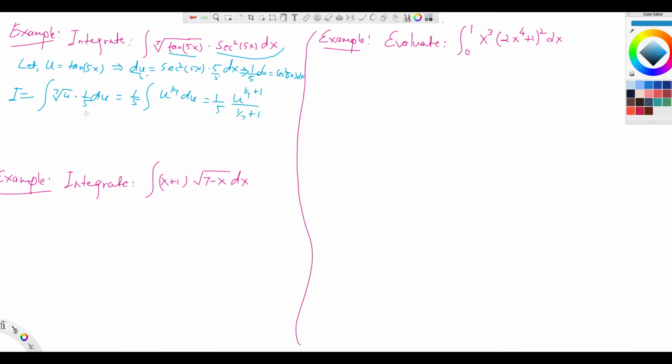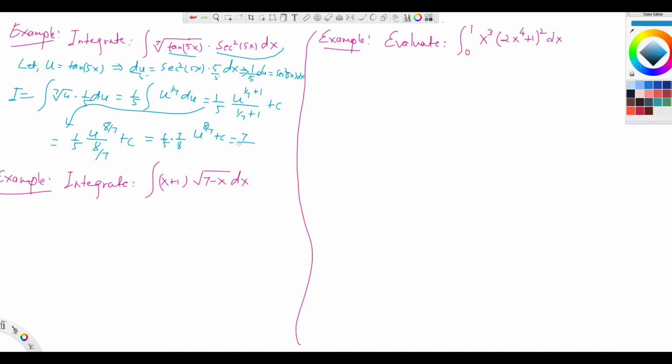1/7 plus 1, right? So this is equal to 1/5 u to the 8/7, right? Because this is 1/7, this is 7/7, so 7 plus 1, 8/7 over 8/7. Now plus c, right? I should not forget that constant of integration, c. So how do I write this? This is like 1/5 times, you need to write the reciprocal of that, 7/8, and then u to the 8/7 plus c. So the final answer is,